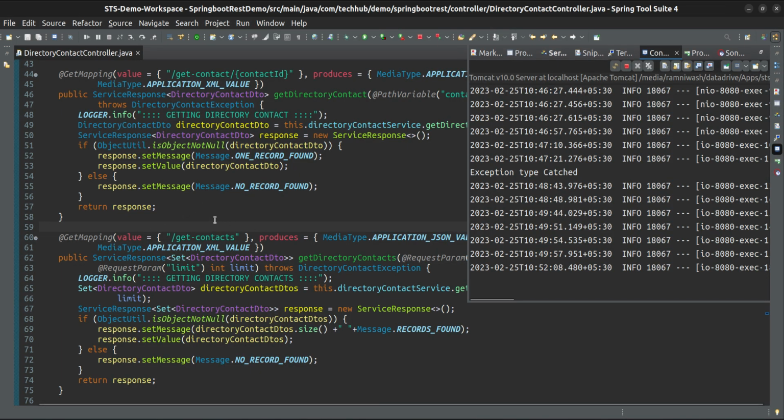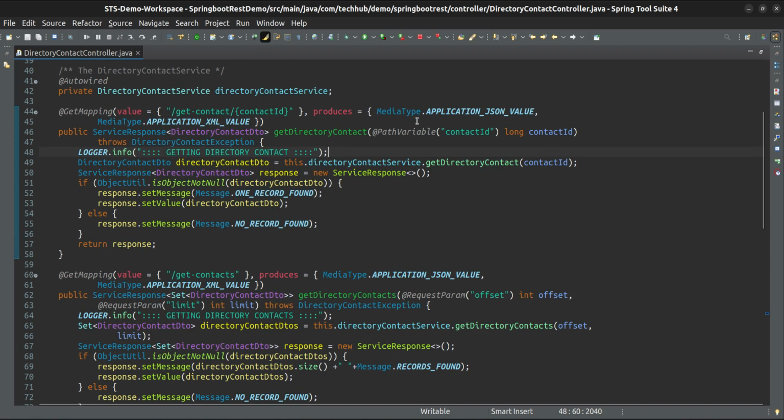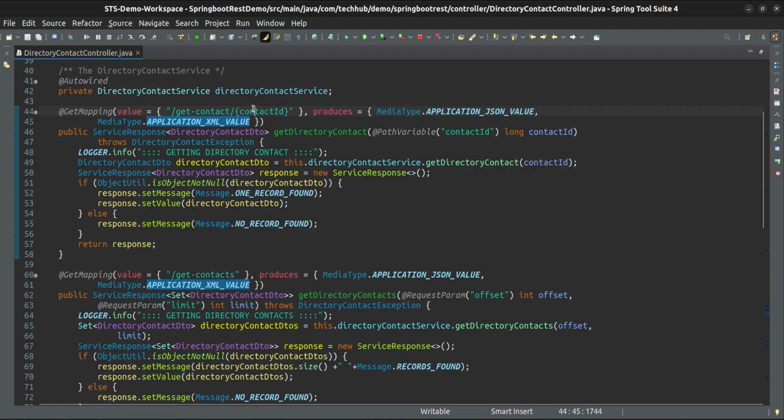So if you see the code, getContacts, you are giving the contact ID. In the URI, getContact, after getContact you can see contactId is given in curly braces. So what does it mean? This is the name of the path variable.